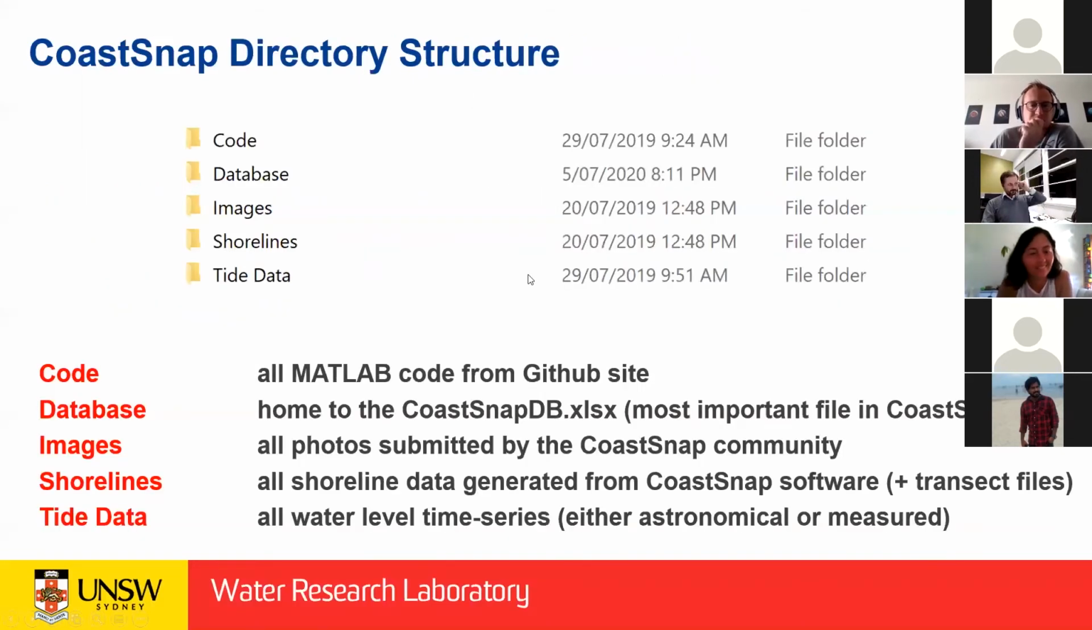All right. So, CoastSnap database structure. If you unzip your folder, you'll find a folder called CoastSnap, and if you click on it, it looks like this. Pretty self-explanatory. Code: all the MATLAB code is available there, and that's from the GitHub site. If you actually look in the code directory itself, there's just a README file, and that's because the code's always being worked on, primarily by myself,